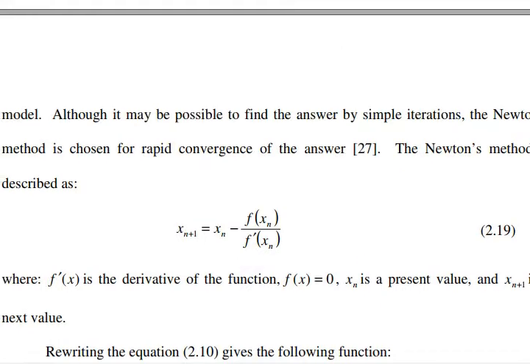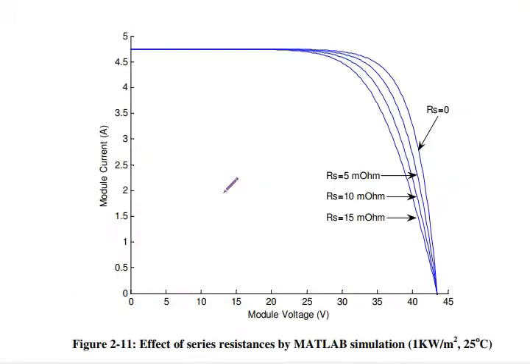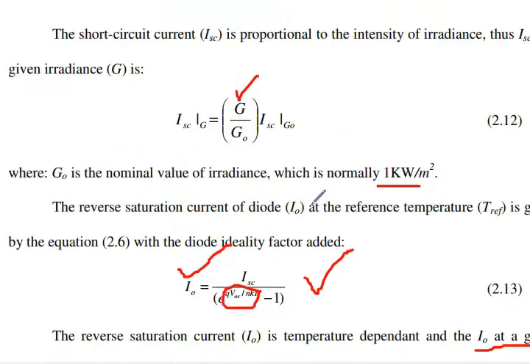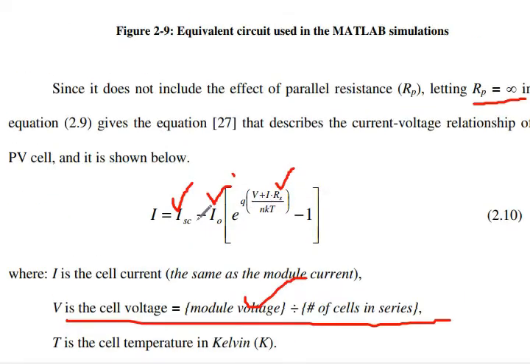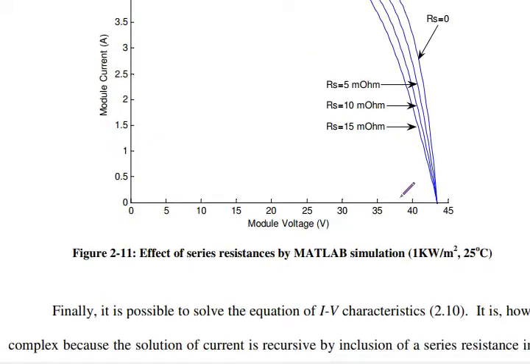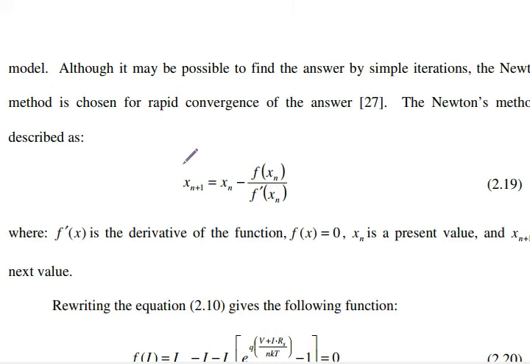So as already discussed, it's not possible to directly solve this equation, because, as I already discussed, the current I is on both sides, and the current is also in the exponential. So being non-linear, it cannot be solved directly. So we have to use iterative techniques like the Newton-Raphson method. So here we are using the Newton-Raphson iterative technique. So in that method